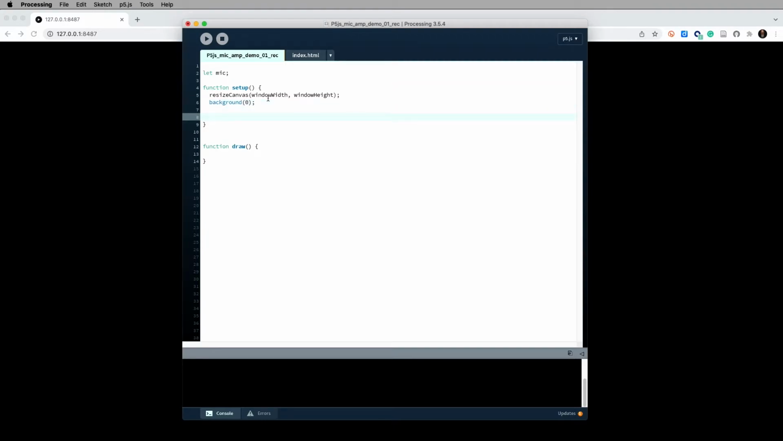Okay, so then inside of setup, we'll say mic equals new p5.AudioIn, and then mic.start. In order to get the value from the microphone, we are going to set a variable inside of draw called amp, as in amplitude, and we're going to set that to